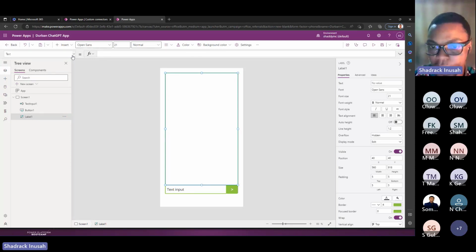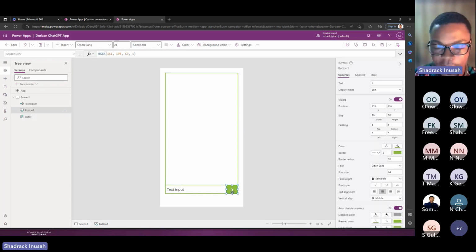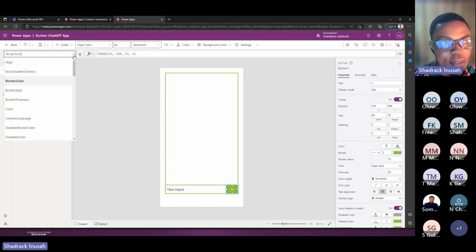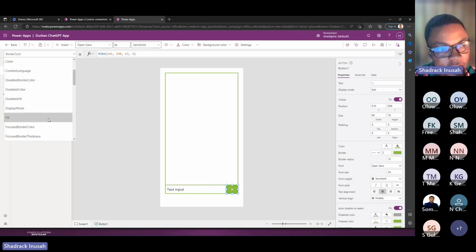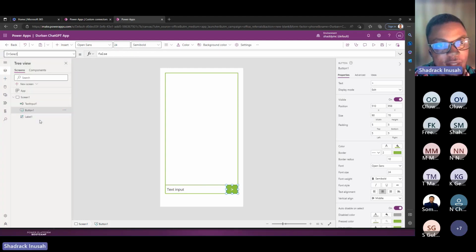Then I'll input my code there because I need something there to display whatever reply the person gives, right? But I will start with the button first, because this is what someone will be clicking on, right? So for the button, I'll go to the properties and select the on select. On select means when someone clicks on that particular item, what should happen? The action, right? So that's where we put it, at the on select.